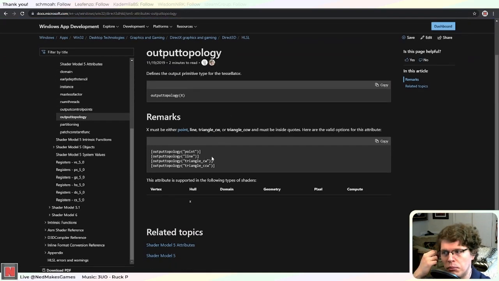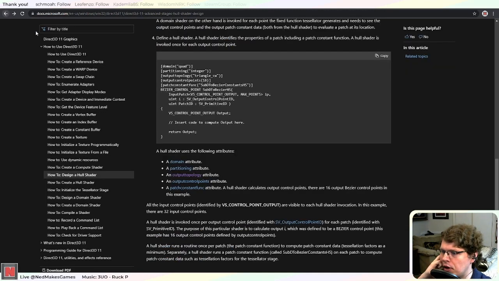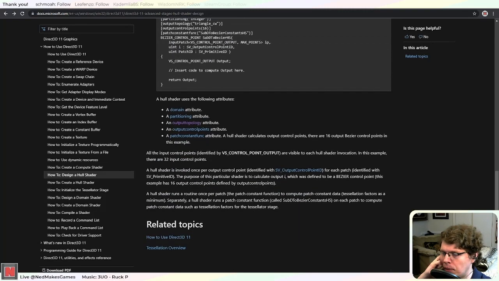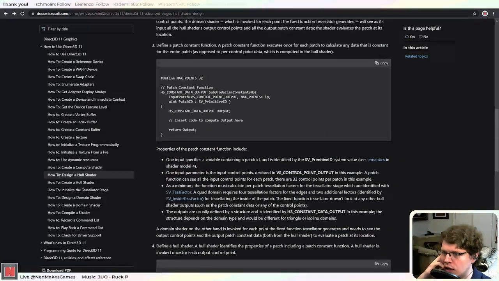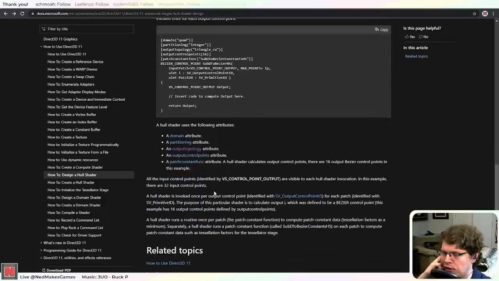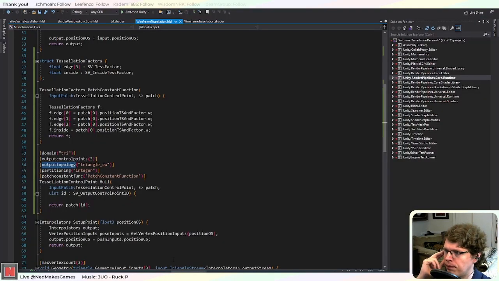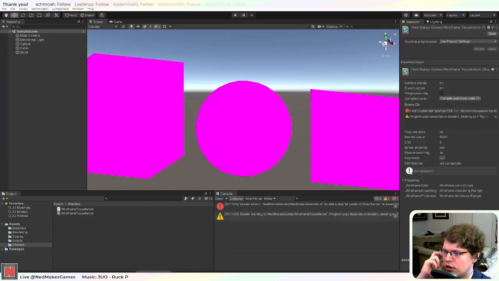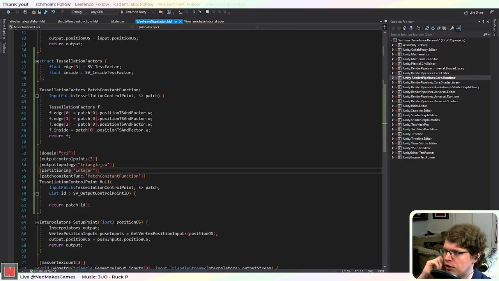Okay, so yeah, you can also output points or lines. But yeah, we won't. Well, I might look into that, but in Unity, you almost always use triangles. Okay, and then this partitioning is kind of interesting. We'll look at this later, but you can set different ways for it to partition the mesh. I think right now we'll just stick with integer. And then this patch constant function is called,